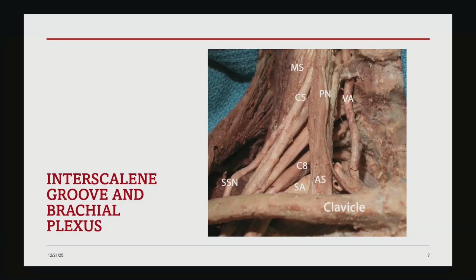So this is what we are interested in. We have the anterior scalene muscle and we have the middle scalene muscle. This is the interscalene groove, or interscalene gap, or interscalene space, introduced by Dr. Winnie. We all know C5 to C8 elements are arranged between these two scalene muscles. And I want you to see this subclavian artery. The relationship of the brachial plexus is